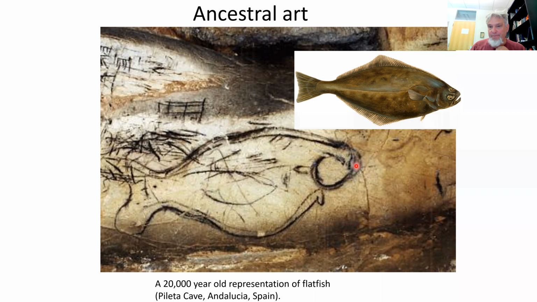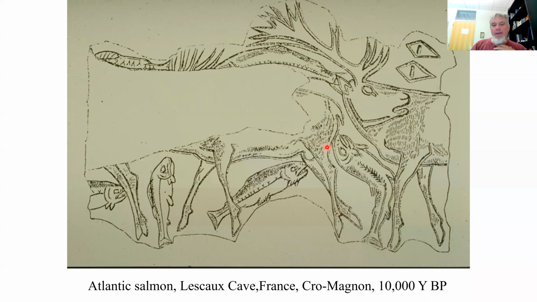And in addition, this fish is laterally compressed and lying on its side. So you can see the shape of the mouth reflects the sort of asymmetry that you would see looking at this fish from the top, where its two eyes are on one side. The mouth is symmetrical relative to the fish, but the fish is lying on its side. The eyes are asymmetrical in contrast. And then another